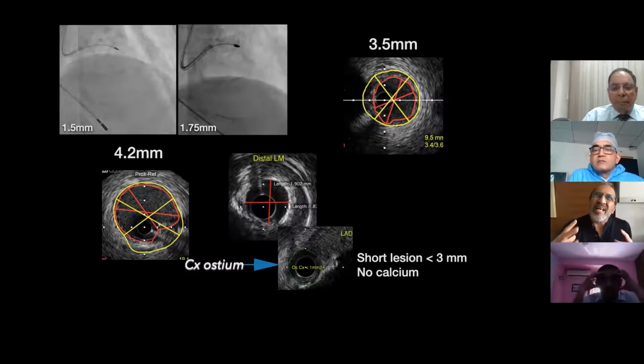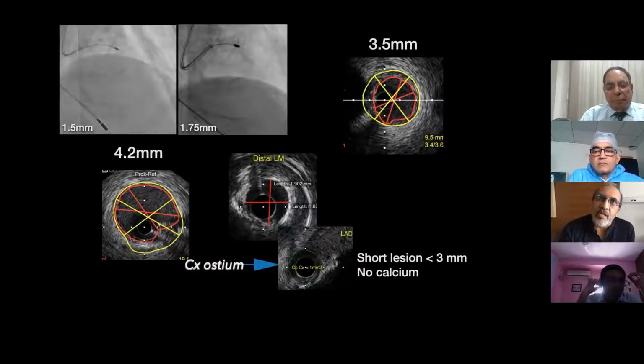So that quickly establishes that if I have a stent that could be 3.5 at the LAD end and 4 millimeters at the left main end, then I would hold this patient in good stead. I also can calculate the length of the stent that I require. But before I position the stent inside, it is important for me to see the central 2 images, which are